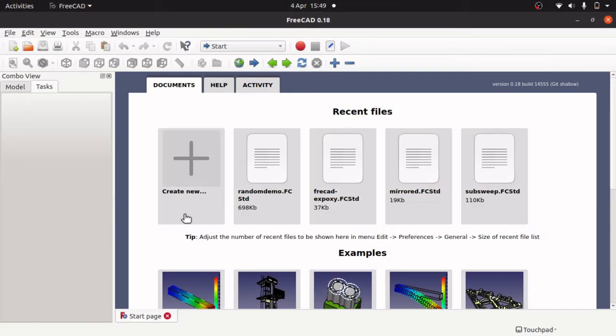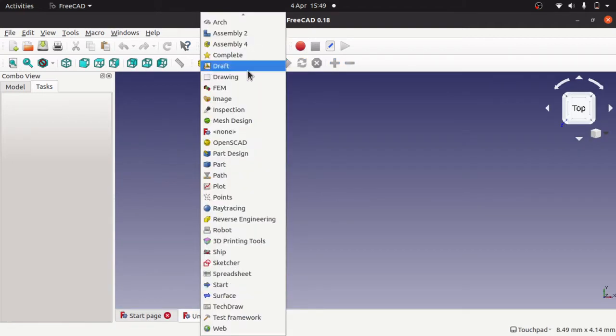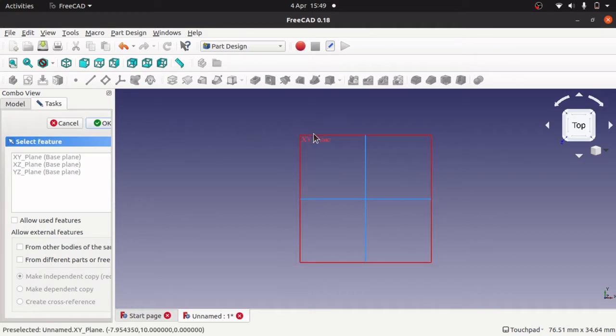So for the mirrored feature, we're going to use 2 workbenches. We're going to use the Part Design and the Part. So we're going to create a new document. I'm going to jump over to the Part Design first, and I'm looking at creating a body and creating a new sketch, and I'm going to stick on the XY plane,